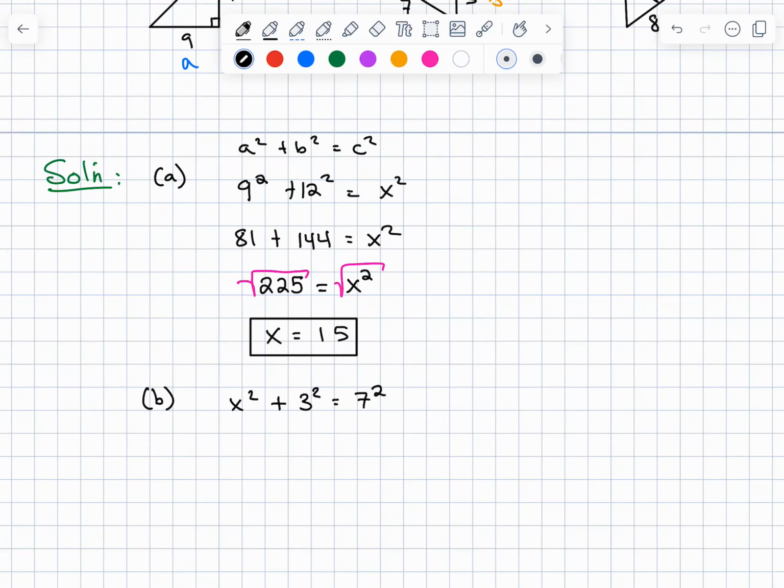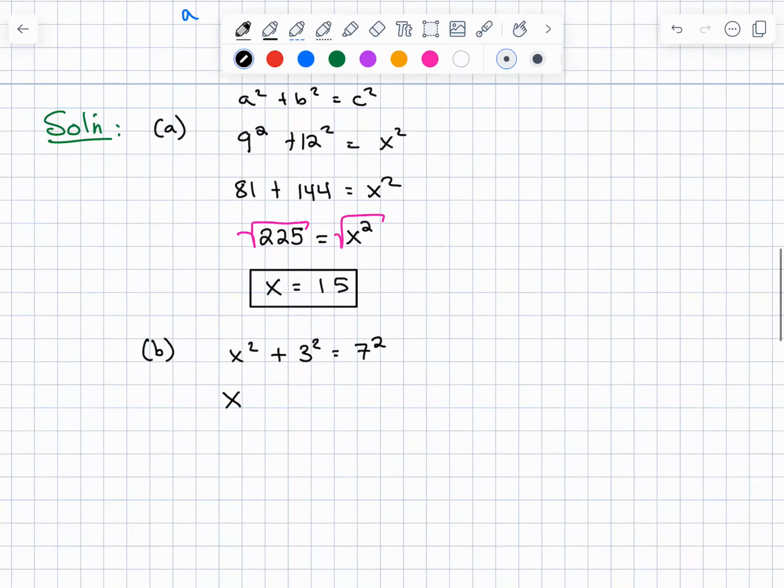So let's simplify those, let's follow the order of operations and take care of those exponents. There's nothing we can do with the X squared yet, because that's unknown, but the 3 squared is 9, and the 7 squared is 49. And from here, I need to get the X by itself. So I take care of the furthest things away from it first. So that plus 9 needs to go. So I will subtract 9 from both sides, canceling it on the left, and getting x squared is equal to 40, at which point I will square root